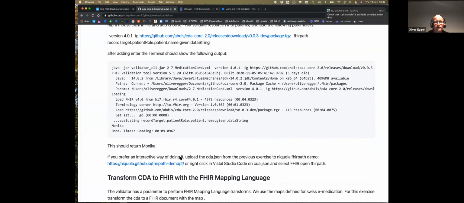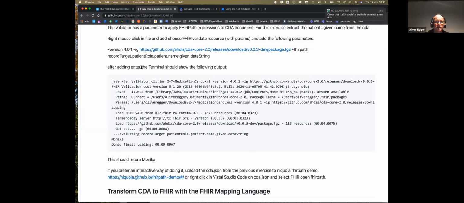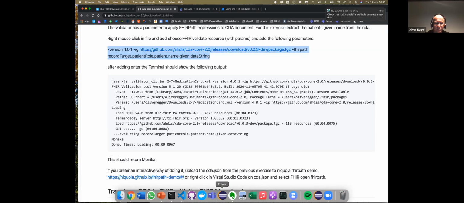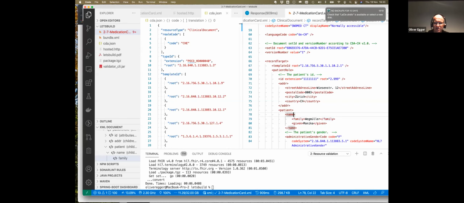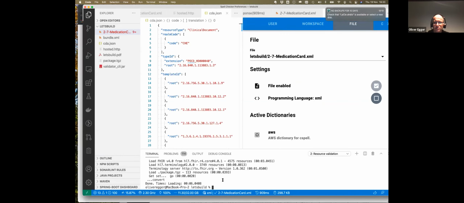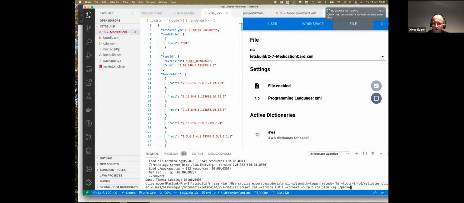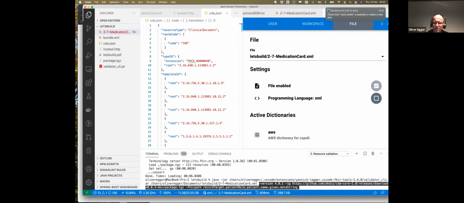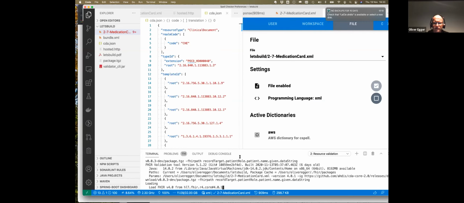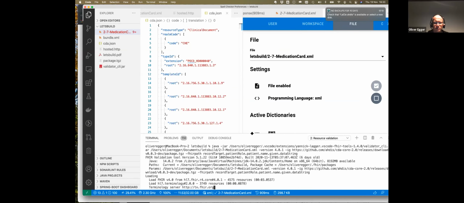If I'm lazy and copying this in, I'm giving this FHIRPath string inside and adding these arguments here. This should return me now the